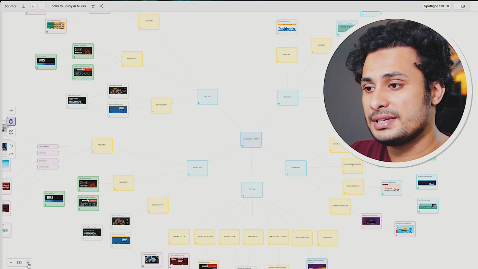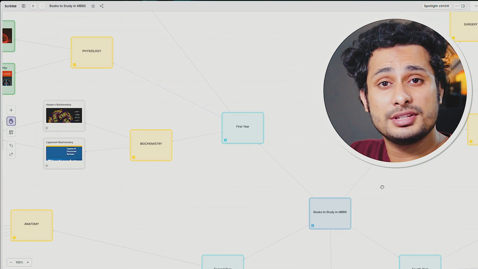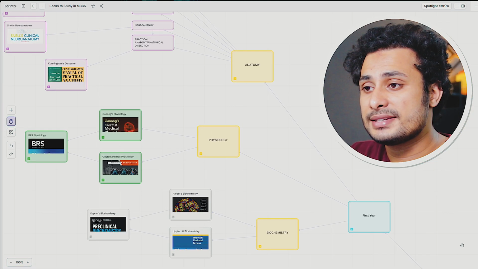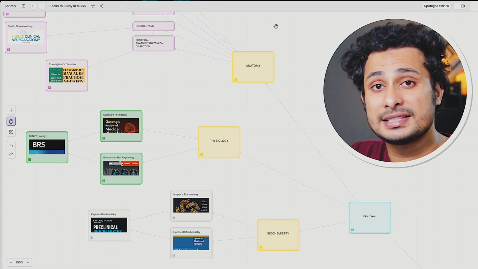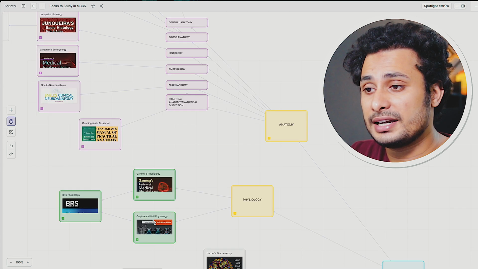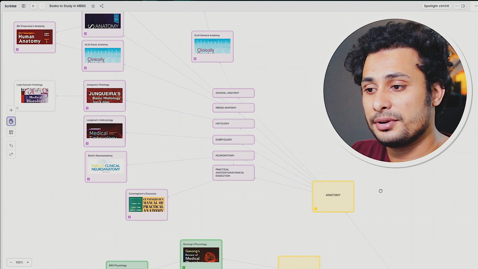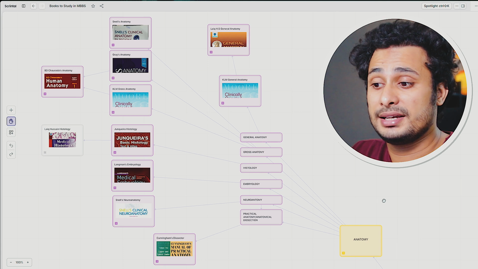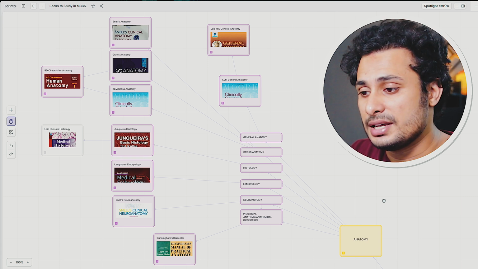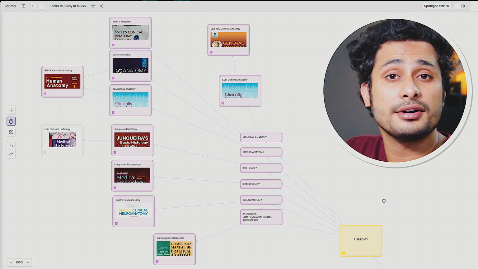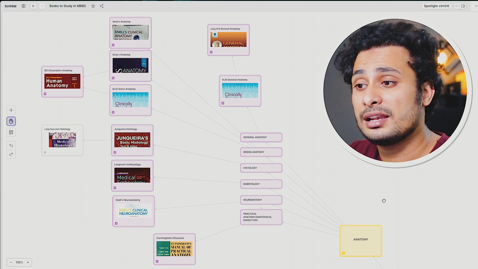First year has 3 subjects that includes anatomy, physiology and biochemistry. Anatomy itself is further subdivided into 6 subjects that includes general anatomy, gross anatomy, histology, embryology, neuroanatomy, practical anatomy or anatomical dissection. So starting with anatomy, for general anatomy, the gold standard or recommended book is the KLM General Anatomy book